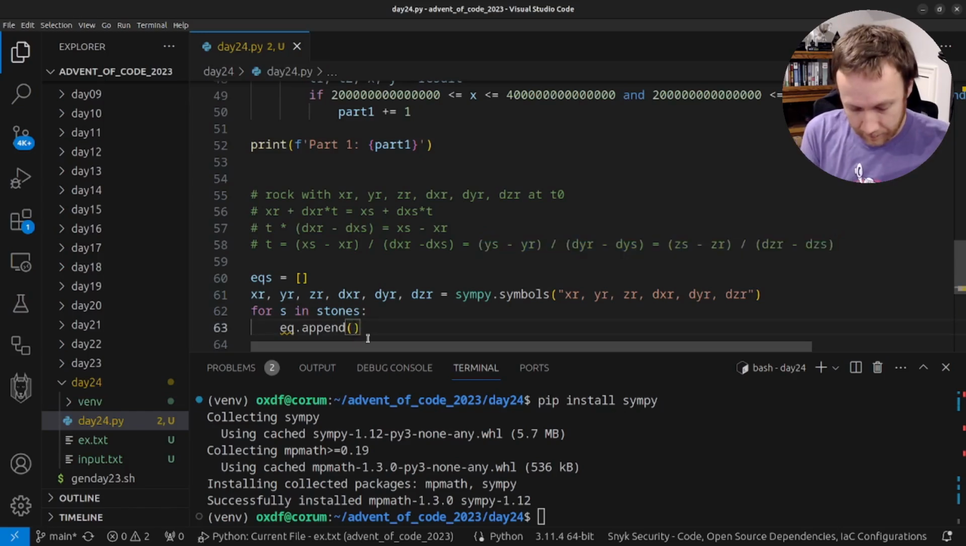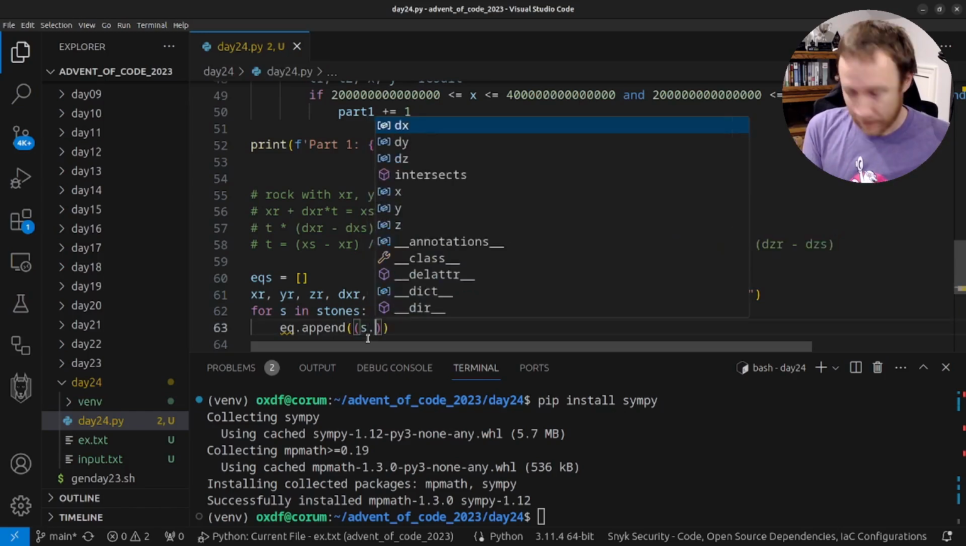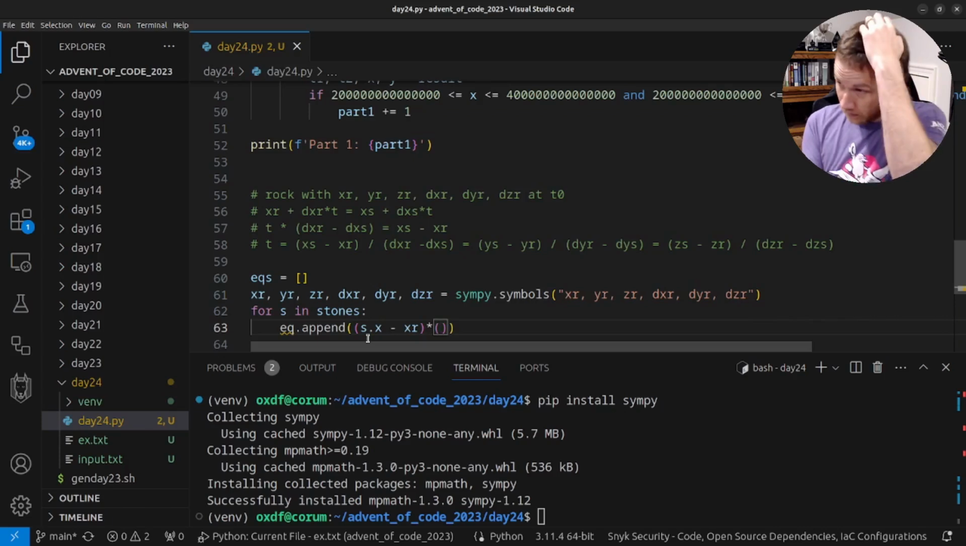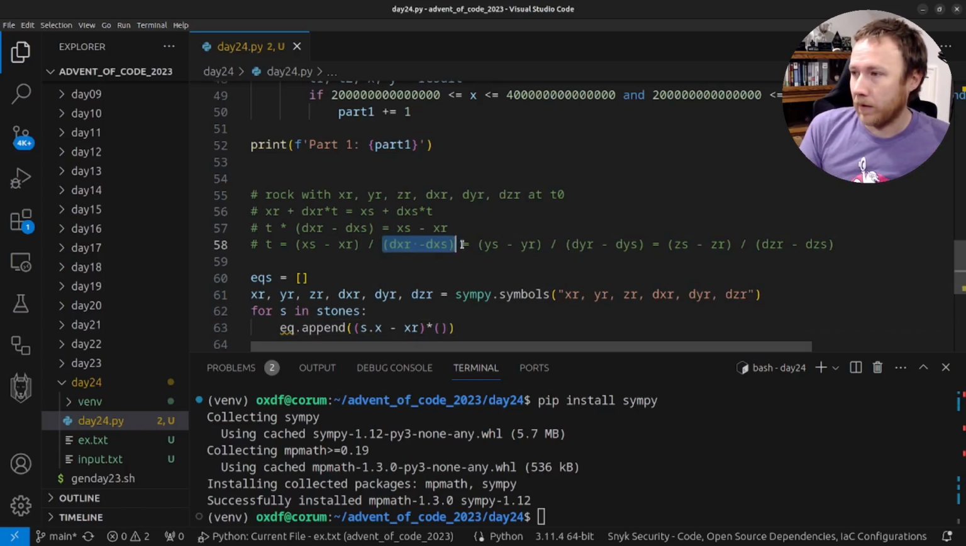So we can say s dot x. So the stone's x minus xr, the rock's x, times, we're going to do some multiplication, right? So we're going to multiply both sides by dxr minus drr to move those around. So hopefully that's not too confusing. I guess we could write this out. We could say